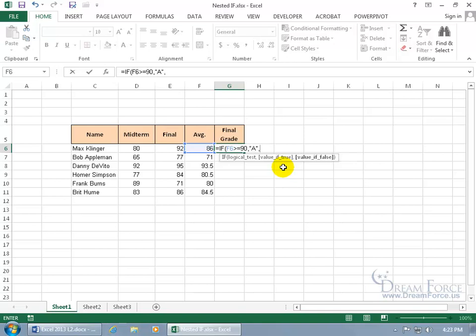If it's false, then what do we do next? Because they didn't meet the 90 or more, we can go ahead and say if it's false, let's perform another if. We can go ahead and type in if, hit the tab key, and you see how I inserted that function into this one? So if it doesn't meet the first condition and it's false, then go ahead and check this condition. Go ahead and say if this is greater than or equal to 80, comma, open quotes, give them a B grade, close quotes, comma, and then if it doesn't meet that criteria and it's false,